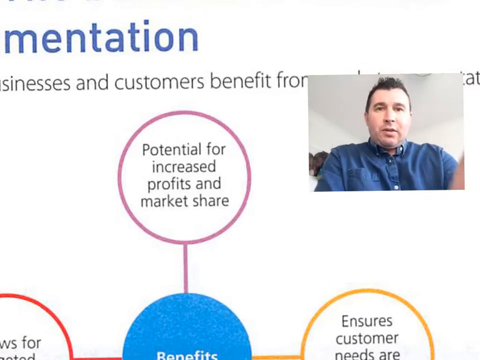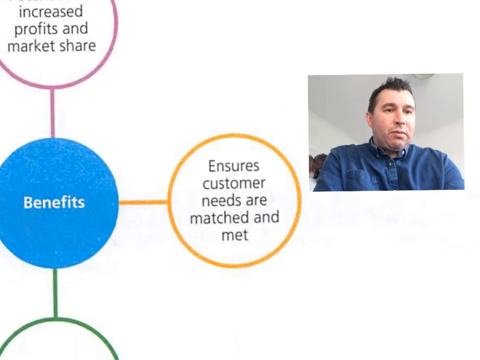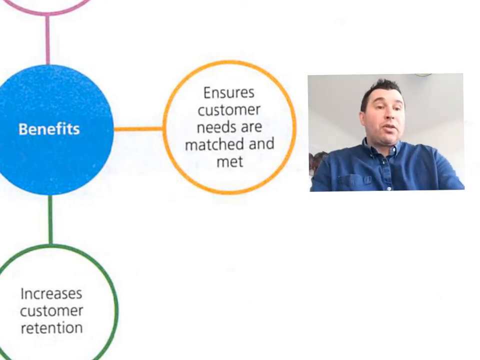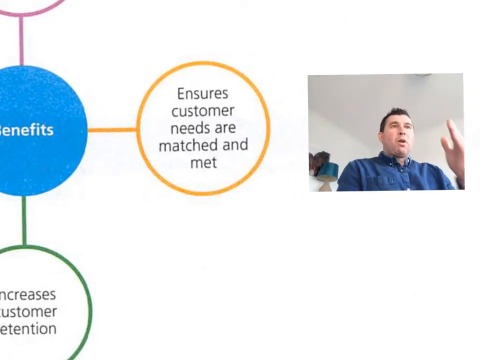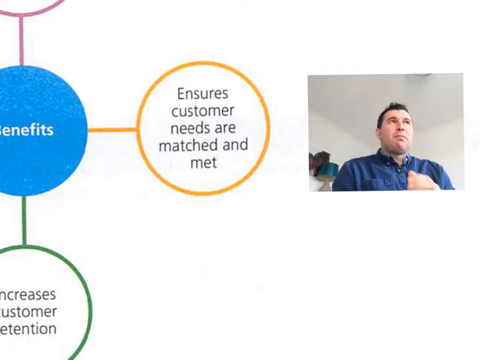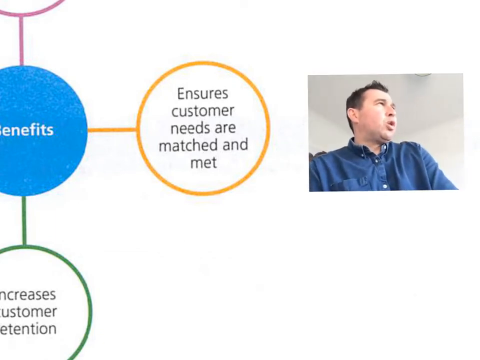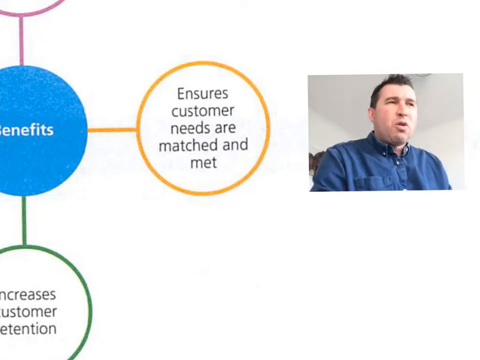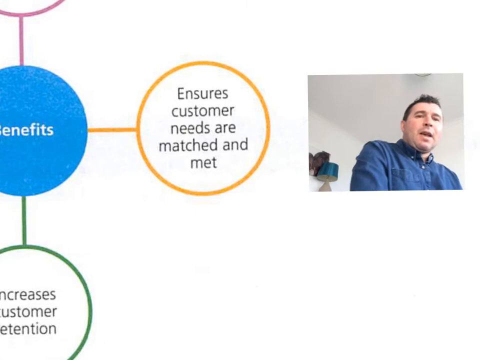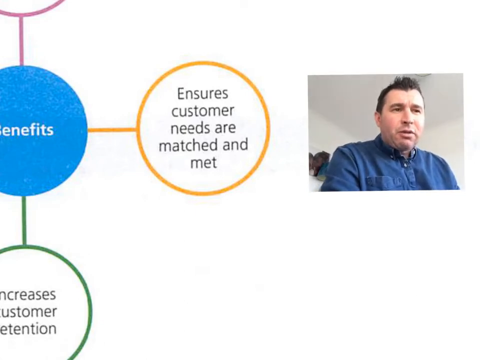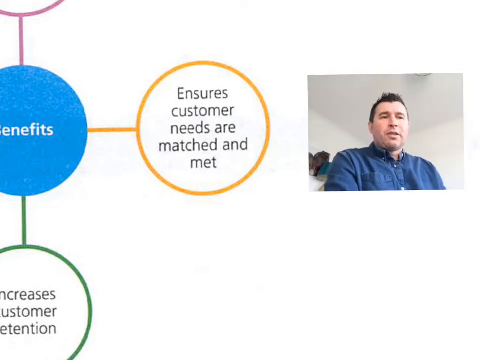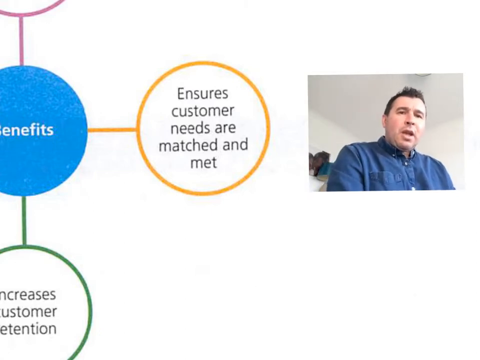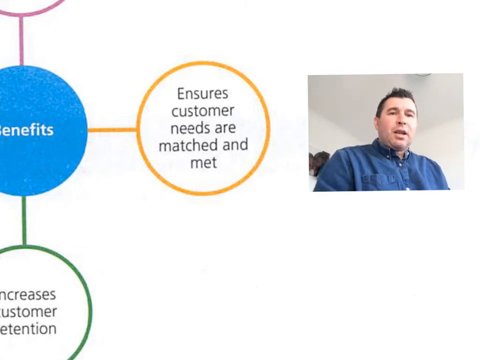Okay. Right, so if we now move on to our next one, it ensures customer needs are matched and met. So I'm running a shoe shop, and I want to break down my market. So I'm going to tailor my shoe shop towards children. Right, so children, what do they want from shoes? They probably want shoes which are snazzy, a bit colourful. They make them run faster, because shoes do make you run faster. If you've got go faster trainers, then obviously, you're the super duper kid. So they want trainers which stand out, which are fun.